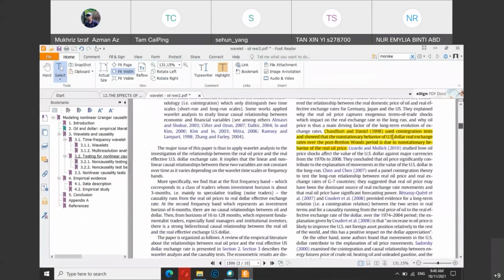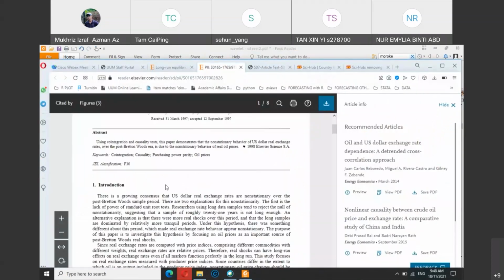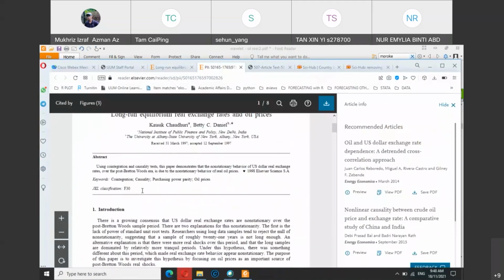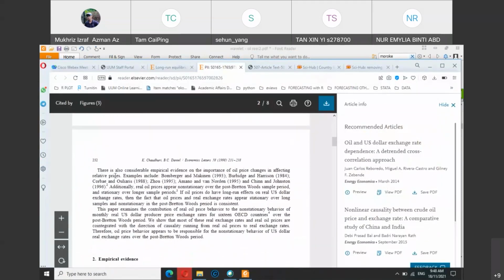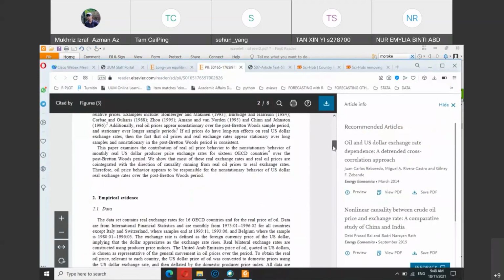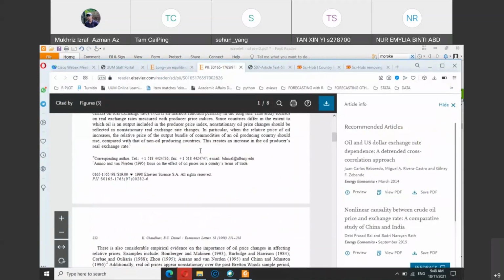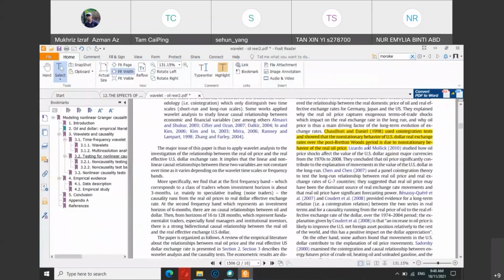But to refer to Chowdhury and Daniel in your own work, it's better to open the original article. So at least you can read the introduction or the conclusion, and try to paraphrase using your own words.